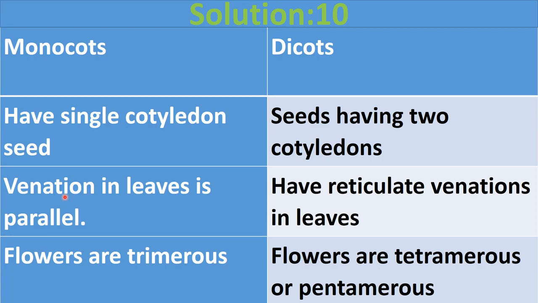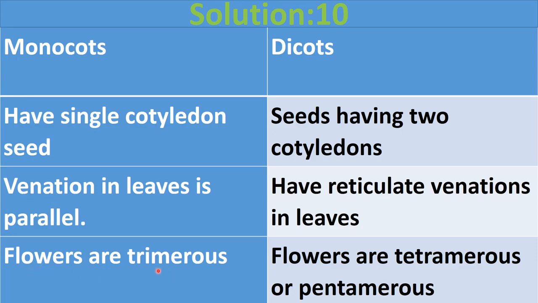Now you observe some leaves around you, and you will see that the sequence or arrangement of the veins is not similar in all the leaves. That is different. So that is called venation. Different arrangement of the veins in leaves is called venation, right? And this venation is parallel in monocots. Parallel venation will be found in the leaves of monocots, while in the leaves of dicots, it is reticulate venation. Reticulate means it will form a network-like structure. So this is reticulate venation in the dicot leaf and parallel venation in the monocot leaf.